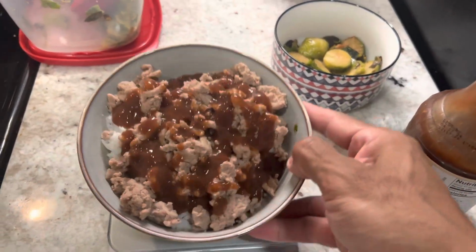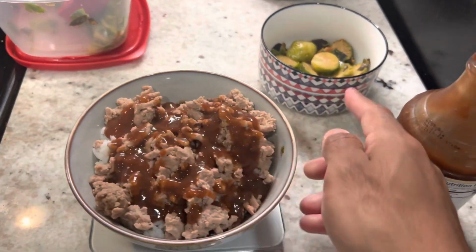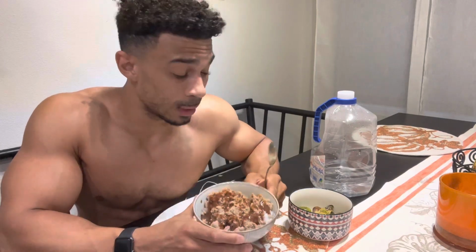Now look at that. Fire. Rice, ground turkey, barbecue sauce, Brussels sprouts right here. Bomb. All right, so this is gonna be meal number 5. This meal, it's gonna be 6 ounces of ground turkey, 200 grams of white rice, 85 grams of Brussels sprouts,